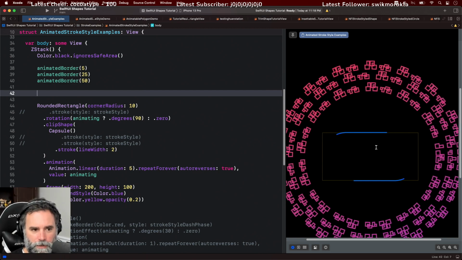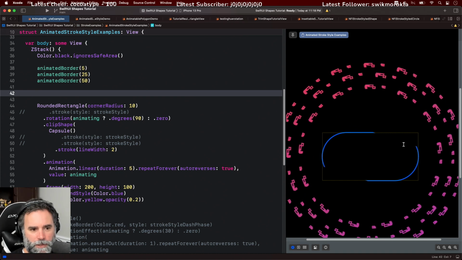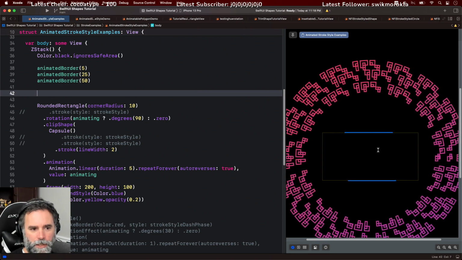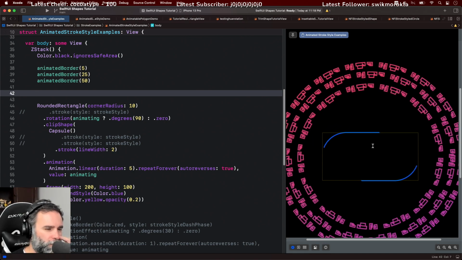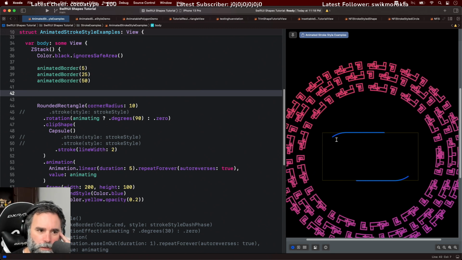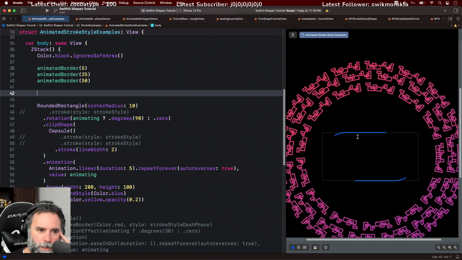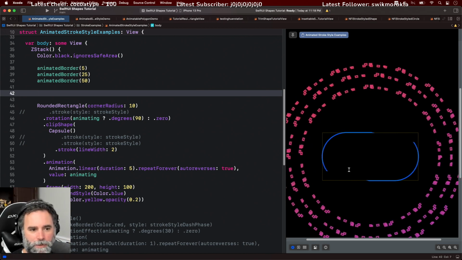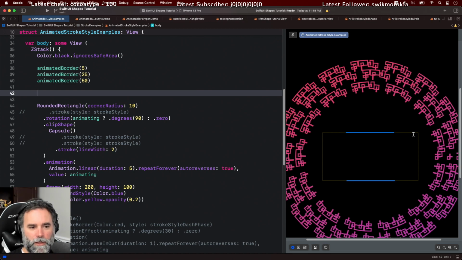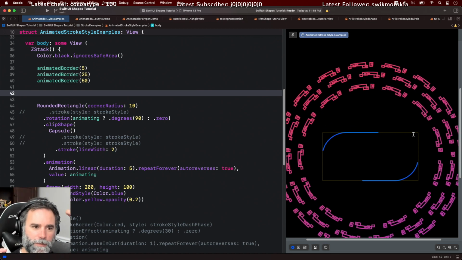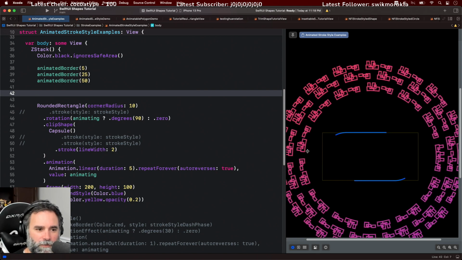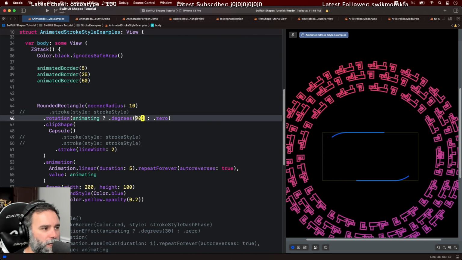Because what this has the effect of doing is it's almost like you're taking the original shape, a capsule, and you're basically giving it two trimmed paths. But it's just a rectangle being clipped by a capsule and the rectangle happens to be rotating. And so you get this optical illusion of the capsule changing its from and to trim in two different places, which is kind of fun. So if I were to go to 180 degrees,